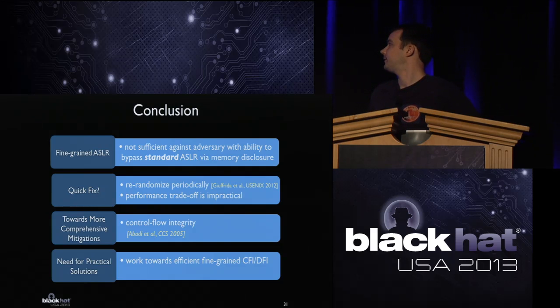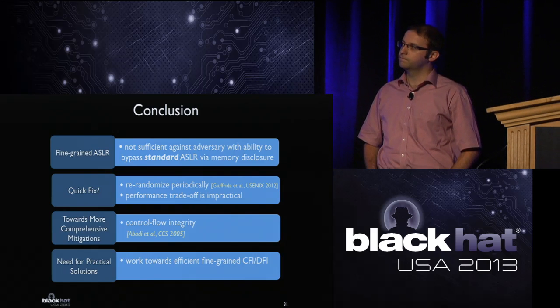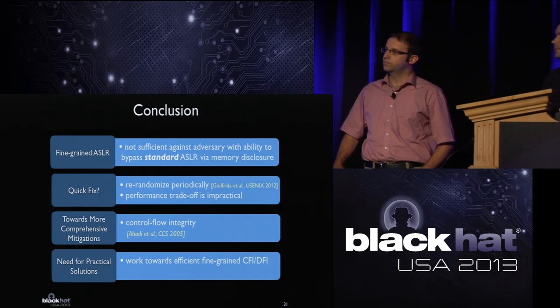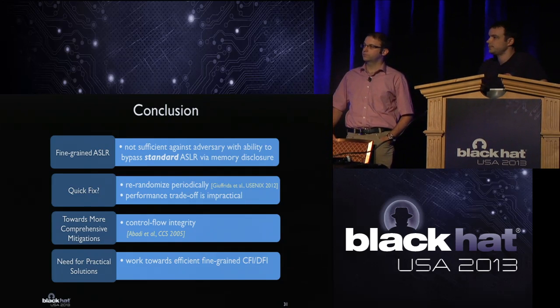Do you want to speak to ILR? So it depends, of course, which kind of randomization you enforce. The paper that we have read about re-randomizing periodically was also reshuffling and enforcing fine-grained randomization. And there the overhead was quite big, and they could only do it for a specific kernel. So I'm not aware of the work you are referring to, but the overhead should be quite high, in particular if you want to re-randomize all the libraries that are included into your program. Yeah, the techniques using software dynamic translation. So code basically being put in a code cache, and all software dynamic translators allow you to flush that